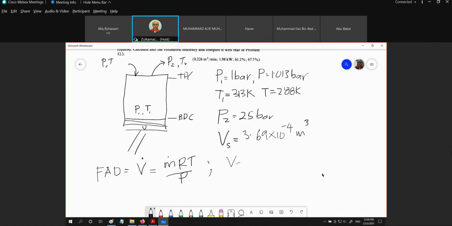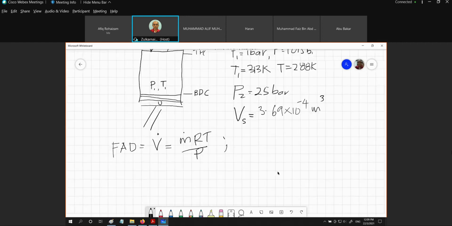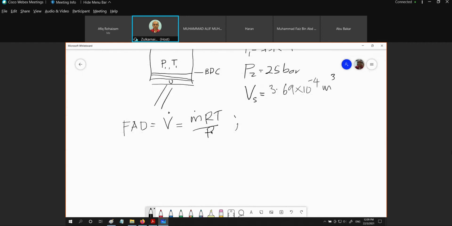FAD is equal to VA minus VD. Remember the equation? But because of the difference between P and P1, T and T1, M dot kita dah berubah. M dot kita bukan lagi yang pada soalan 12.3. So your FAD right now should be equal to